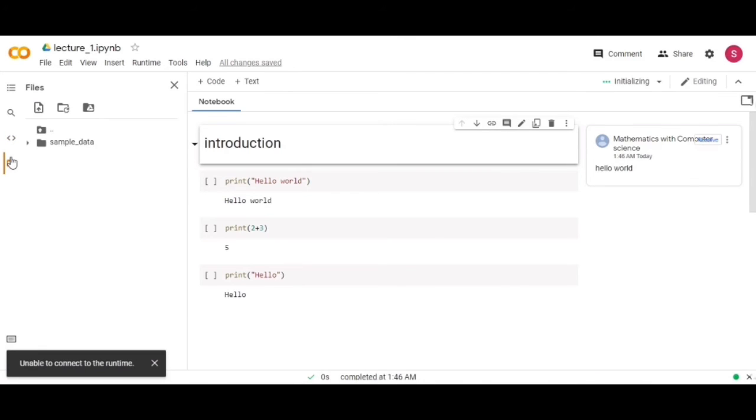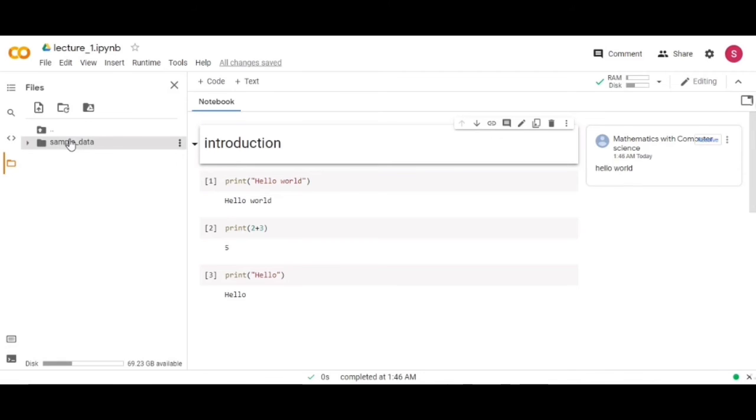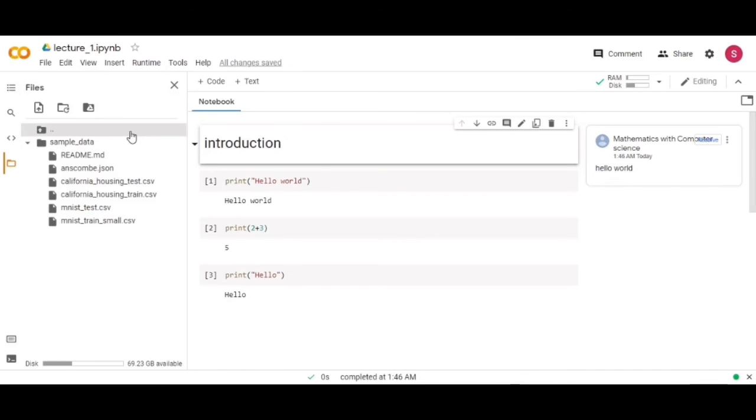When I click here, I see some sample data. This sample data is provided by Google itself, and if you are new in data science and want a data set to practice, you can use these data sets in your data science projects.